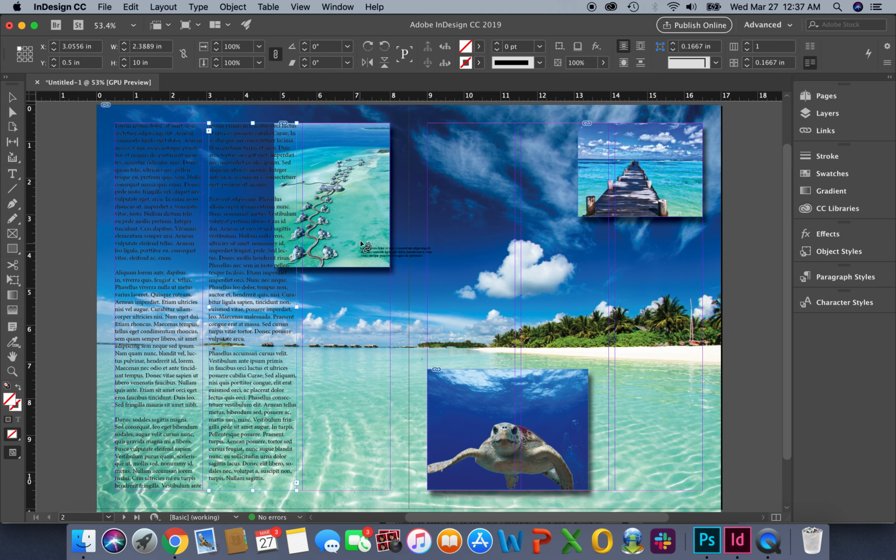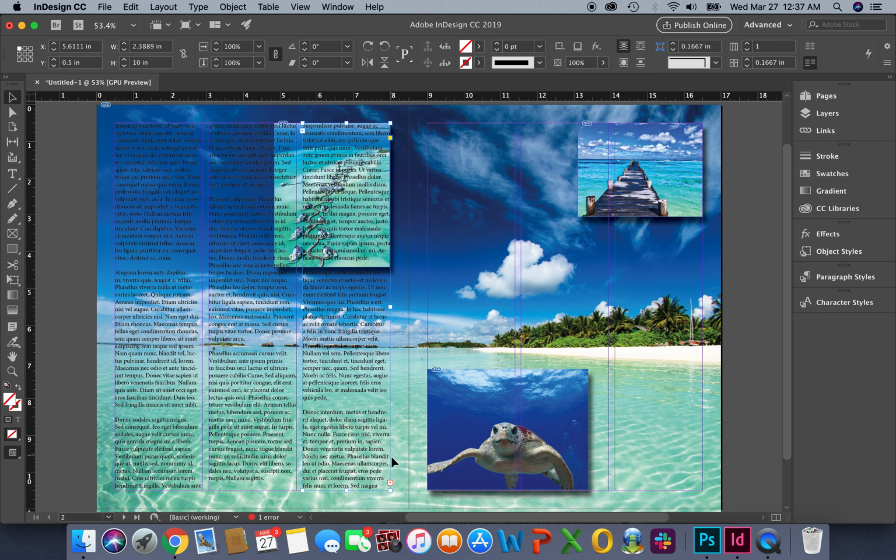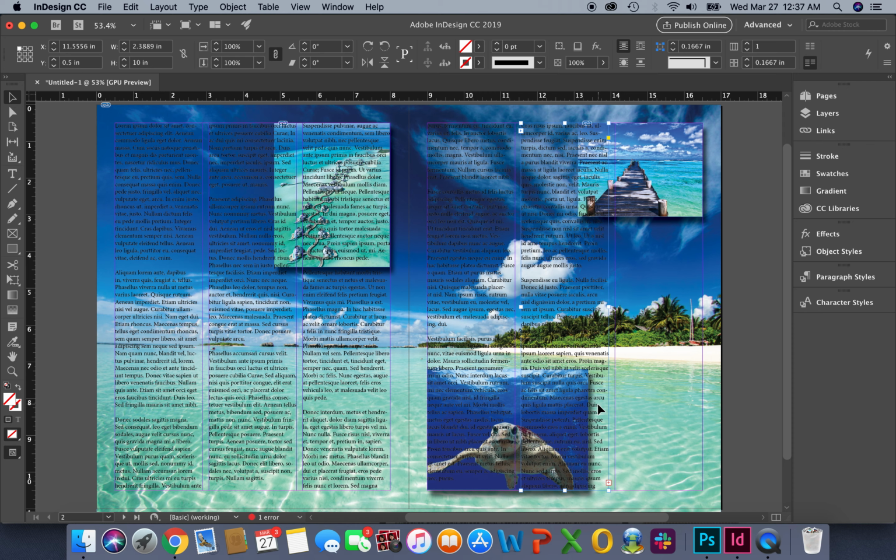So I'm going to click on that, and I'm going to click in the third text box, and I'm going to continue linking these text boxes in this way. So I'm going to hit plus here again. I'm going to hit it there, and I have another one, and I'm going to click on that there, and then finally here. Now, to be perfectly honest with you, I believe 1,200 words was a little too much because I do have images